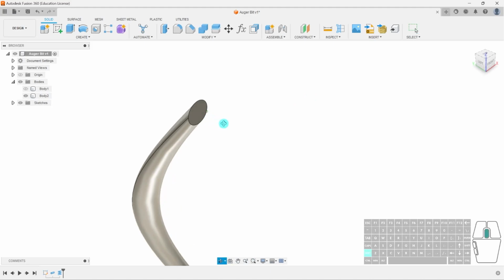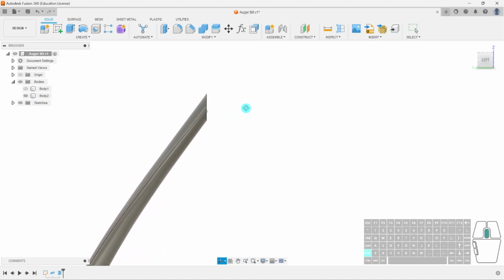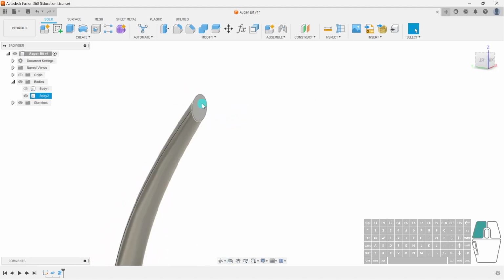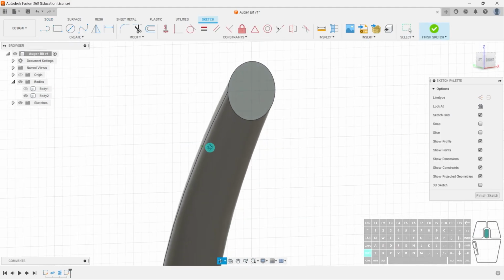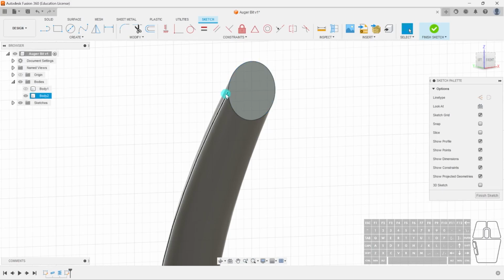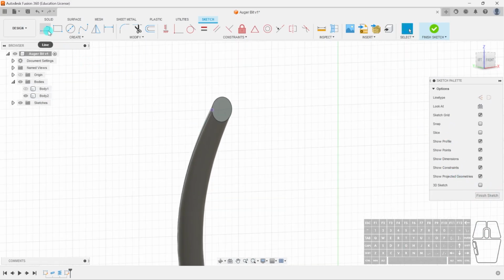So what I'll do is, if I look at my pipe, you can see this is a flat plane. So all I can do is just create a sketch from here. I'll rotate so that I can find this point, because I want this point really. So I'll press Project P, and I'll select on this point where my line is. Alright, I'll hit OK. Now I'll create a line, and I'll basically make it a vertical